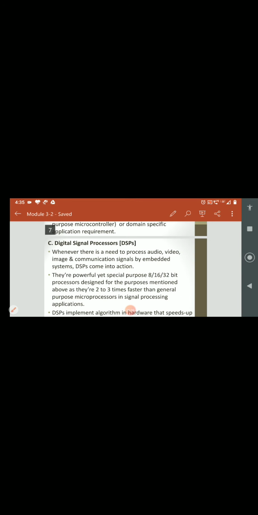And key market players are once again Texas Instruments, that is TI, Synopsys, National Semiconductors, Altera, etc. These are the very famous DSP manufacturers available in the market today. And one very famous example of DSP processors is the TMS 320 series. So the TMS 320 series is a DSP processor family. There are n number of processors of this series, and they are very famous among all the DSP processors. So this is about the digital signal processors.